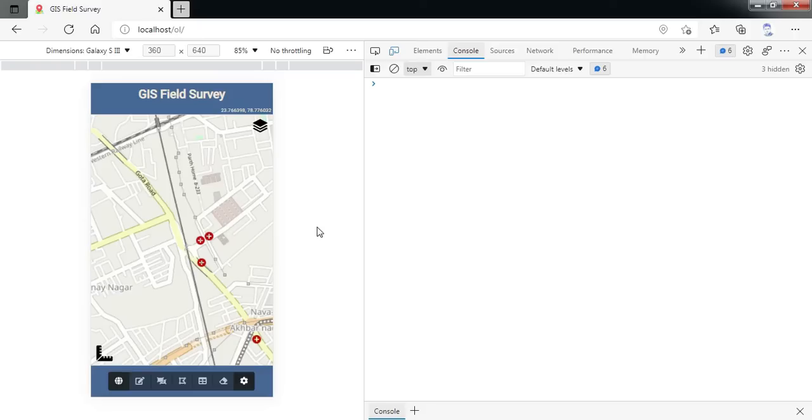Hello friends, today we are going to develop a mobile GIS field survey application as you can see on the screen. So let us first of all understand how the application works and then we will move to the coding part. So this is a HTML5 GIS field survey application and it is providing basic functionalities including start editing, add